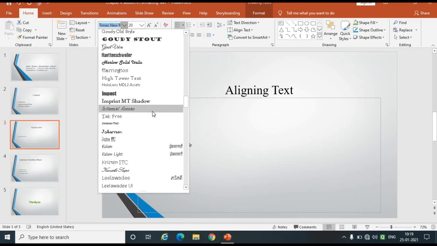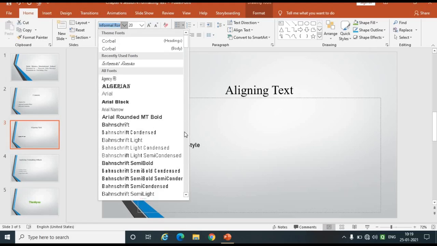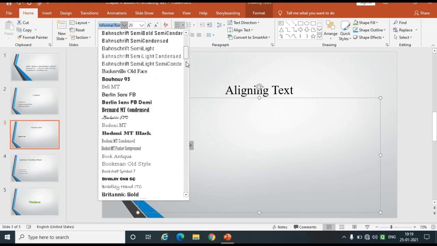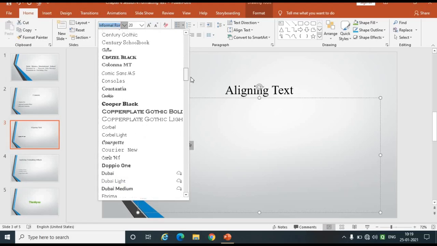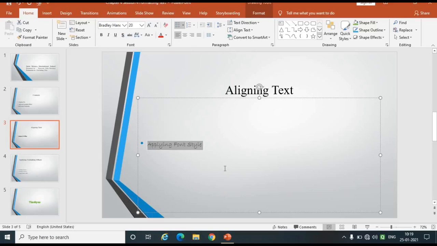Like here I will select this font, and you can see my font has been changed. I will select some other because it's not looking good. I will scroll down and select another font. I will increase the size to 28. In this way we can apply a font style to our text.